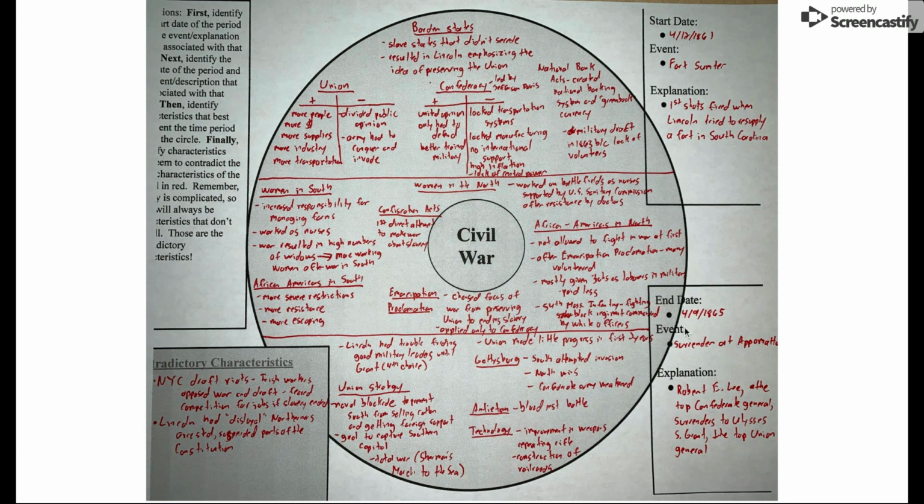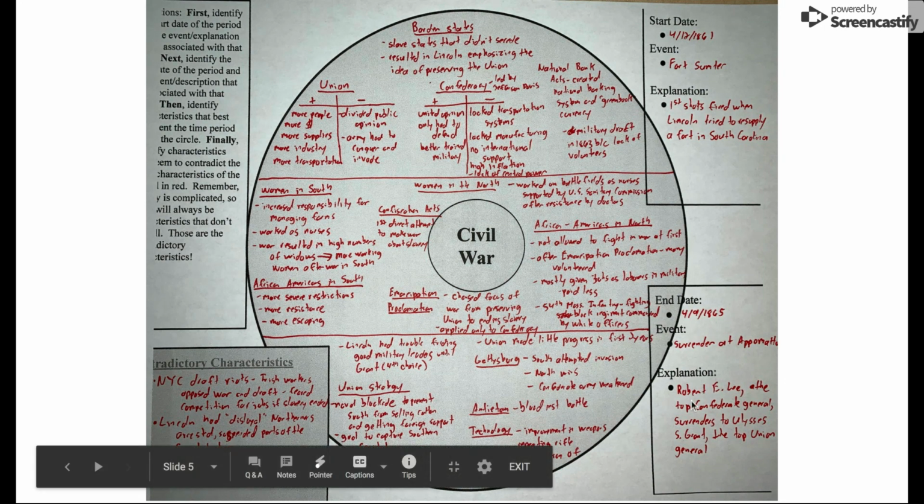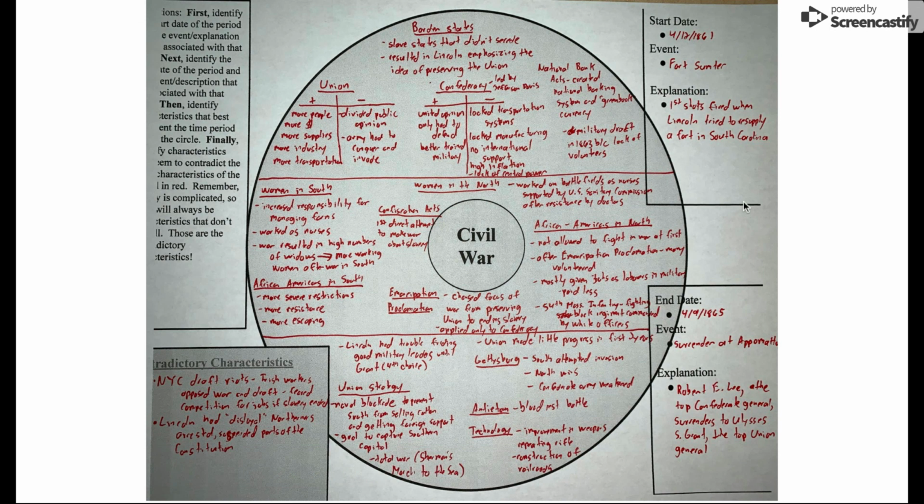The war ends 4 years later, almost exactly, April 9th, when the Southern General, Robert E. Lee, surrenders to Ulysses S. Grant, the main Union general, in April of 1865 at Appomattox Courthouse in Virginia. So this is a 4-year-long war. It was extremely bloody because on both sides you had Americans getting killed, both on the North and the South. And it's a new battlefield technology that raised the body count, plus strategy,